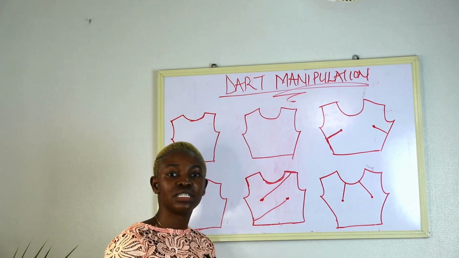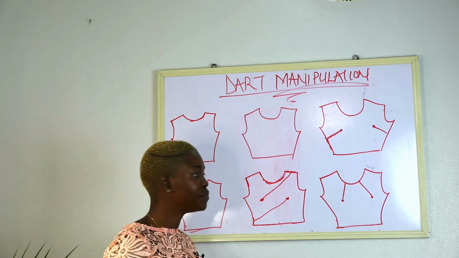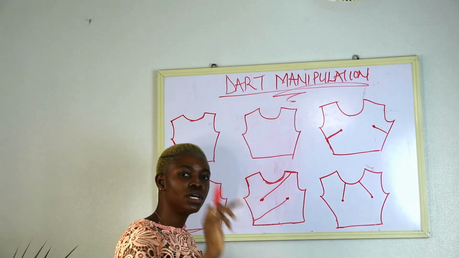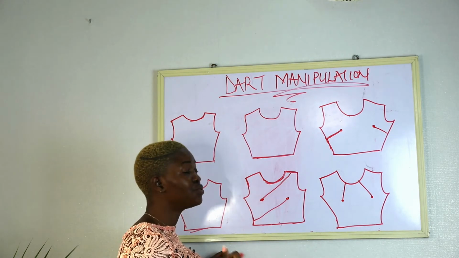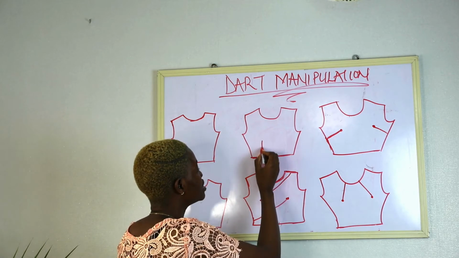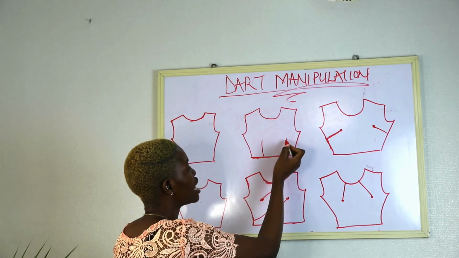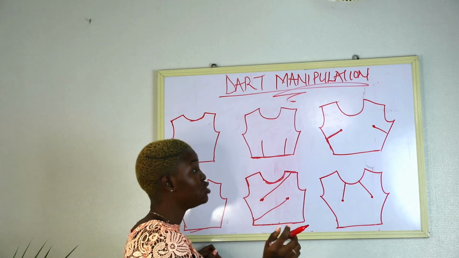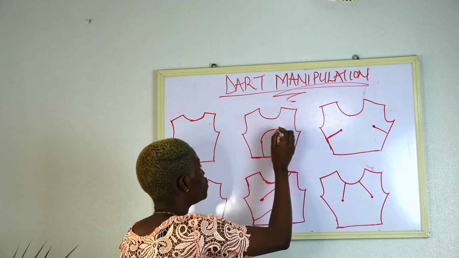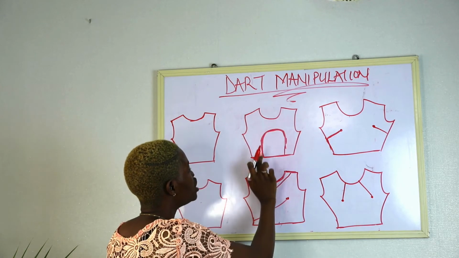It means if you are using the slash and spread method, which I'm going to show you when we go to the pattern, you have to slash to the bust point or through the bust point. What I mean by slashing through the bust point is, for instance, if we want to have our dart as style line, let's say this is your normal dart, but we don't want to just have it straight like that. We want to turn it into a style line. So we want to link both darts like this. If you are going to slash, it means you're slashing through each bust point.